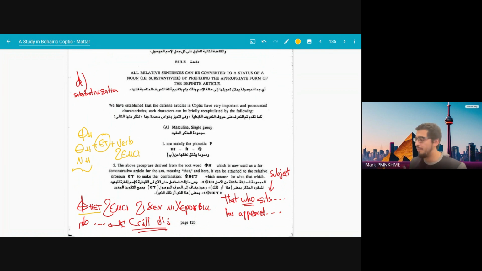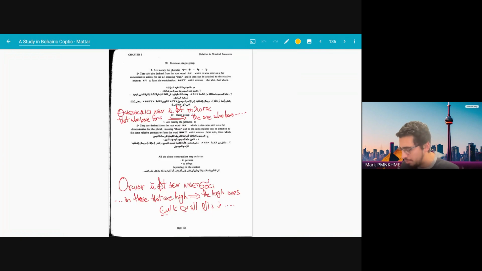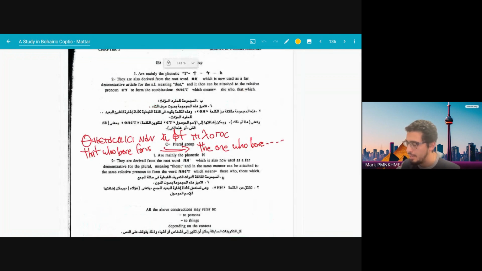One of the hymns that we have is Fit Hemsi Jeni Cherubim, "he who sits," or more literally "that who sits upon the cherubim has now appeared in Jerusalem." It's one of the hymns for Palm Sunday. For feminine, exactly the same thing. We can say, "we give glory to Saint Mary," and then you say, theatas misinan, "that who bore to us Christ and Logos." So theat here also means "that who bore for us," or "she who bore for us." Again, it's just a word. It gets used as a complete structure.